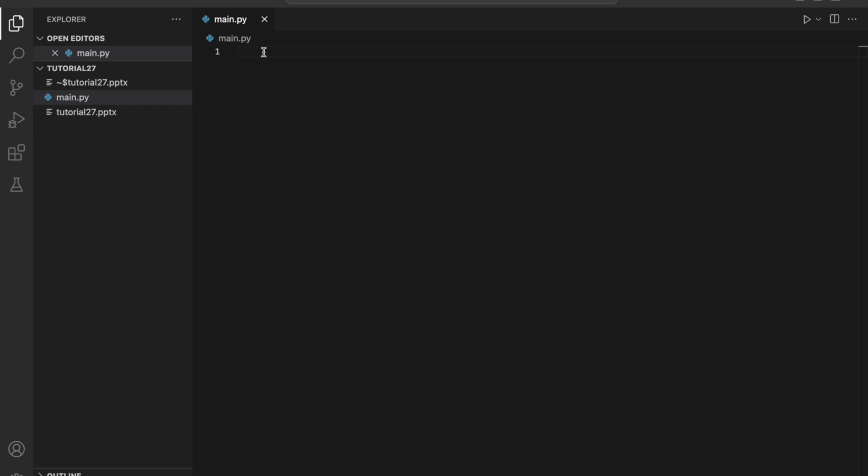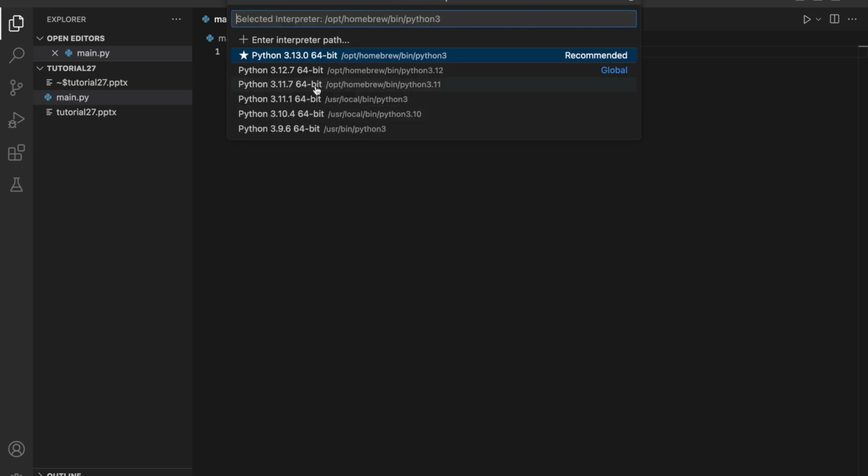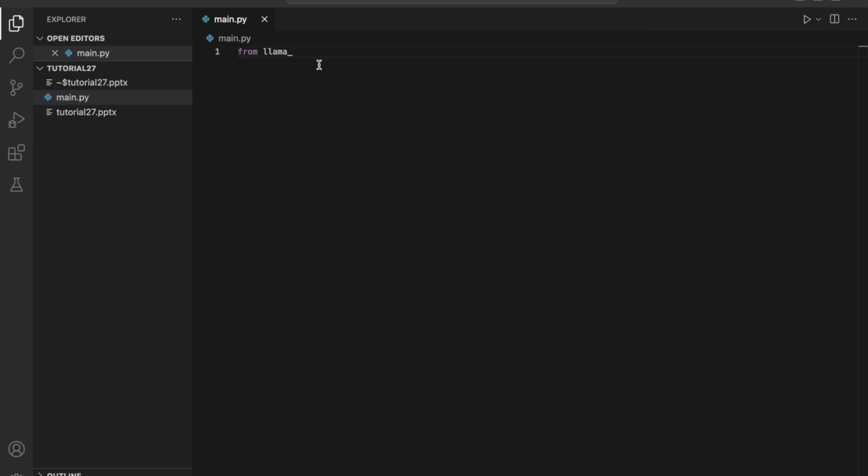Obviously we will use OpenAI, and we'll use the LlamaIndex reader. So first, from llama_index.llms.openai